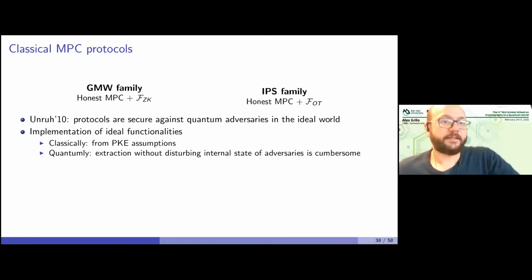While classically we can implement these ideal functionalities only from public-key encryption assumptions, if you remember the words that I said, these functionalities lie in Cryptomania. Quantumly, we have problems implementing them because all the classical ways of implementing them require extraction. And classically, extraction